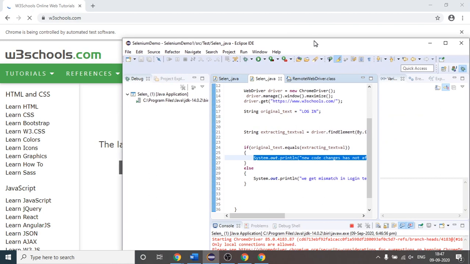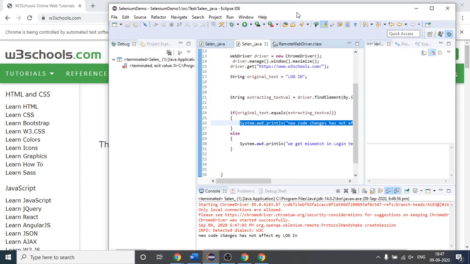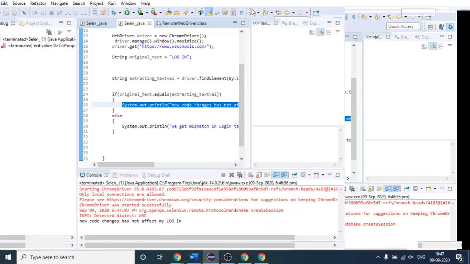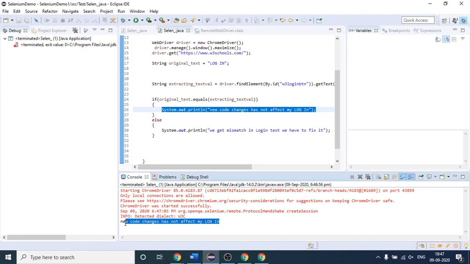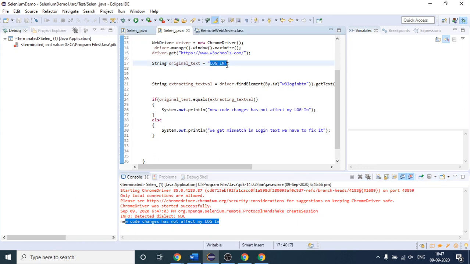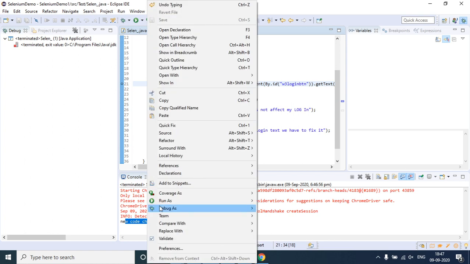Let me minimize it. After this website has loaded completely, you can see in the output: new code changes has not affected my login, because this text and the text which we have extracted are the same. Let me put a debugger as well so I can show you in a better way.